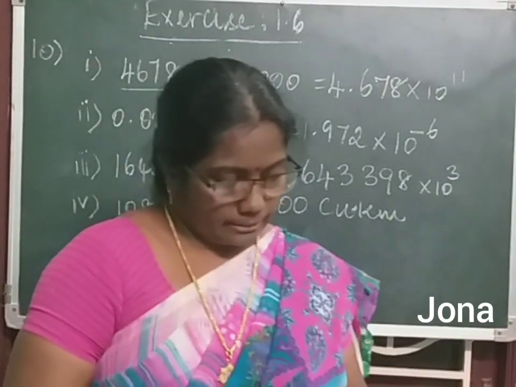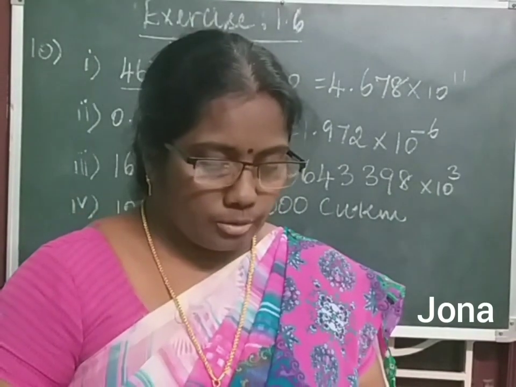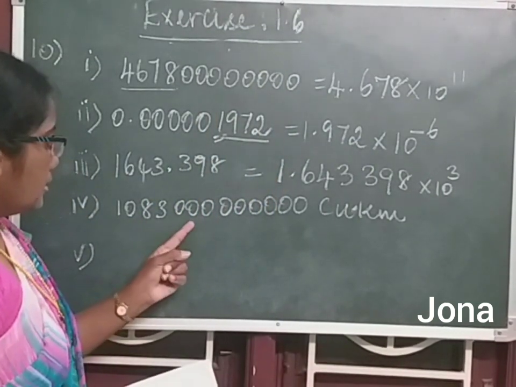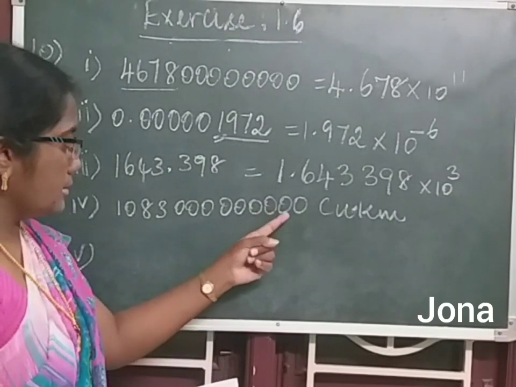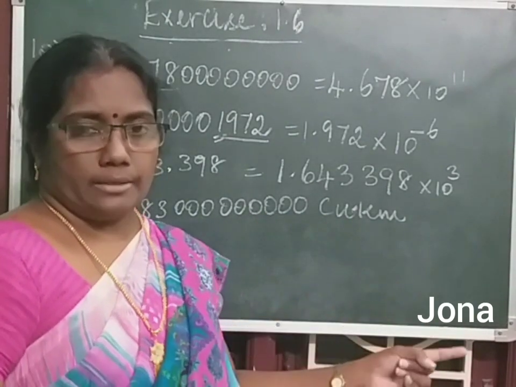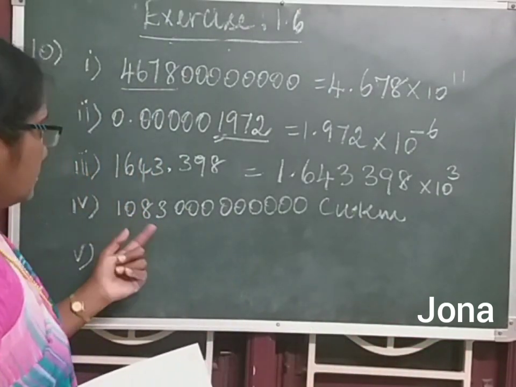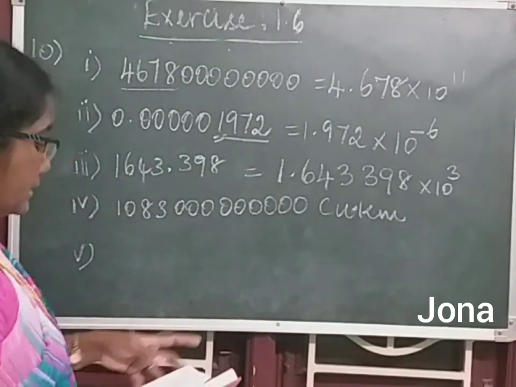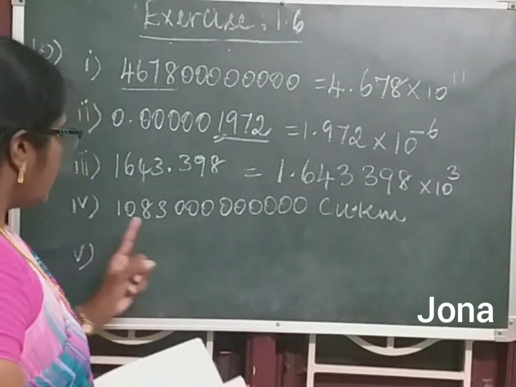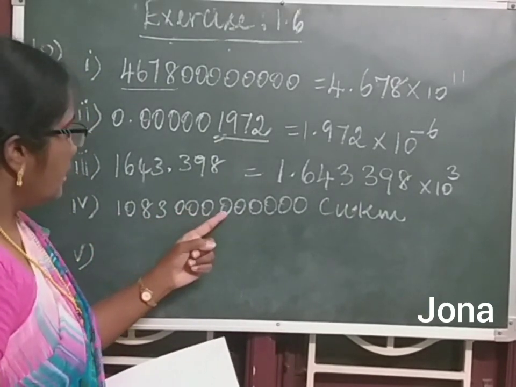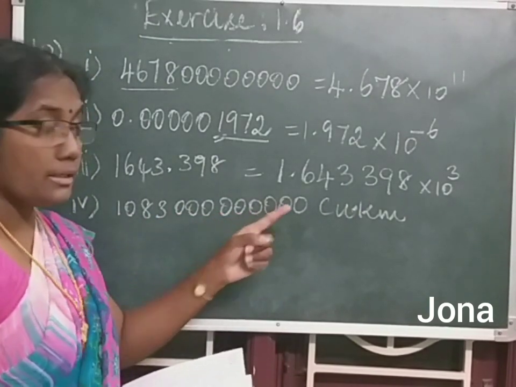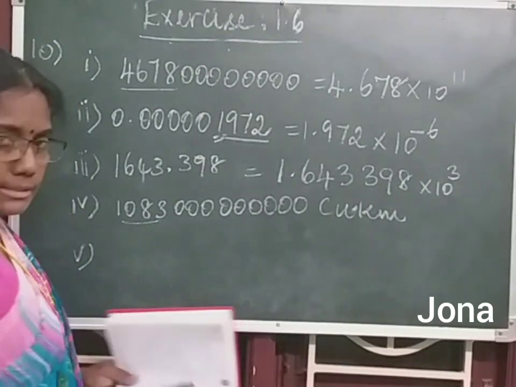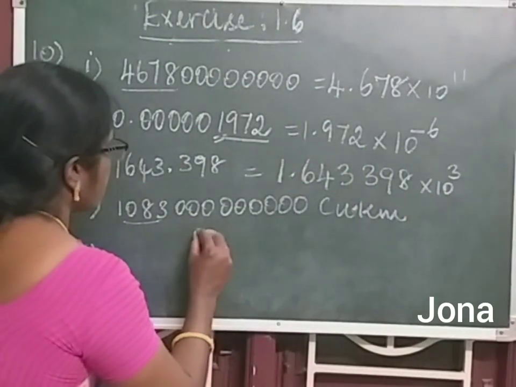The fourth sum here in the book is given. Earth volume is at most 1083,000,000,000,000 cubic kilometers. Okay. After that we have the whole number. There is no decimal at all. So I want to write this. First you have to count the digits. So 1, 2, 3, 4, 5, 6, 7, 8, 9, 10, 11, 12, 13 digits are given. Okay. So I want to take the first numbers alone. So you have to write like this, is equal to